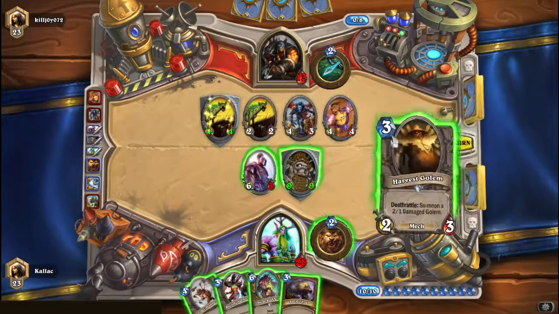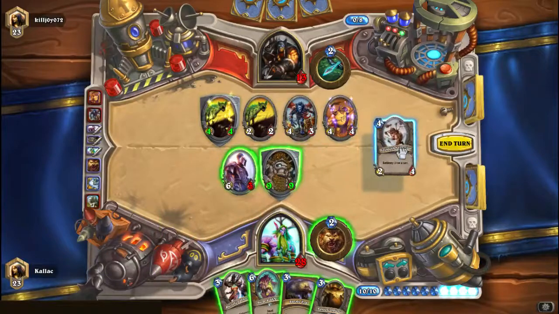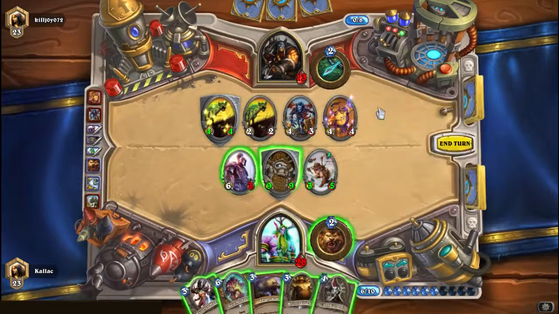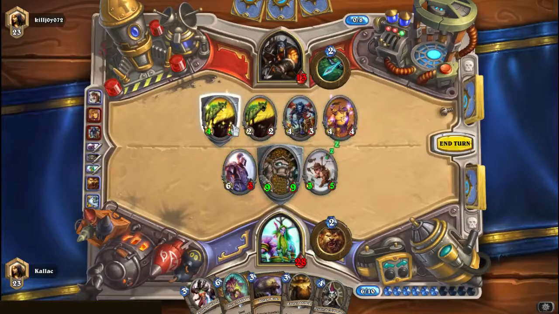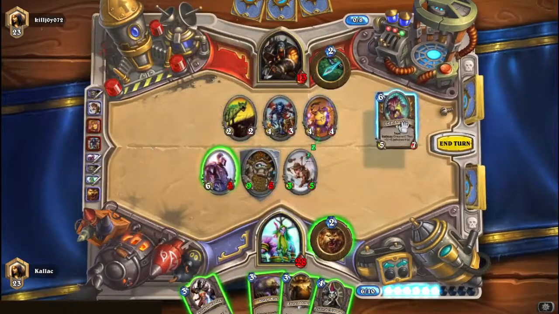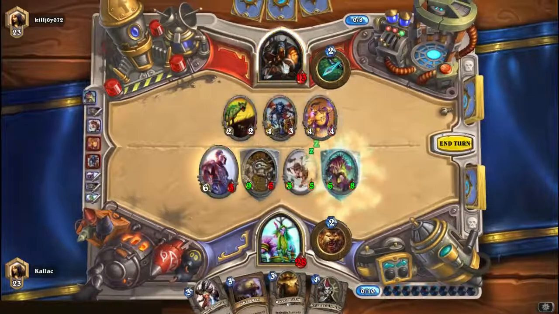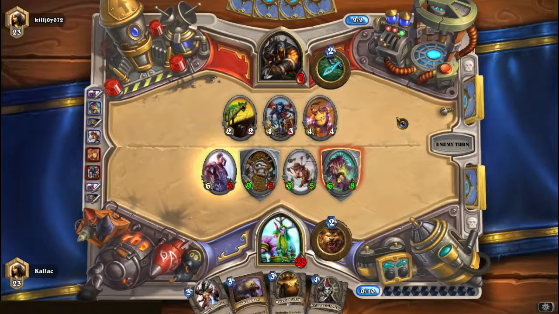Jeez, people at lower ranks are slow. Didn't remember that. Let's go Newbies Inventor and see what happens. Not exactly what I was hoping for, but we can still make something happen here. Just plonk down a lot of taunts, and I guess we'll be fine next turn. We can be pretty sure that something relevant survives for next turn, and that should be enough with the Savage